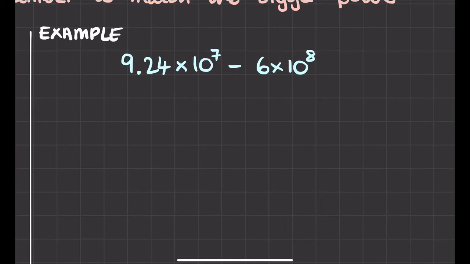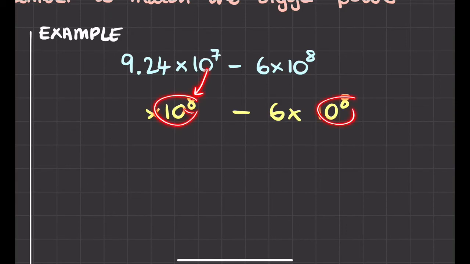So let me write this down. 6 times 10 to the 8. I'm going to take that away from, yeah, it's going to end up being a negative number, isn't it? But let's just do it anyway. Okay, I'm going to take that away from this one here. I want it to be times 10 to the power of 8. Okay, so because I want these two powers to match each other. So if I've made this one 10 times bigger, I need to make this number 10 times smaller. So this will be